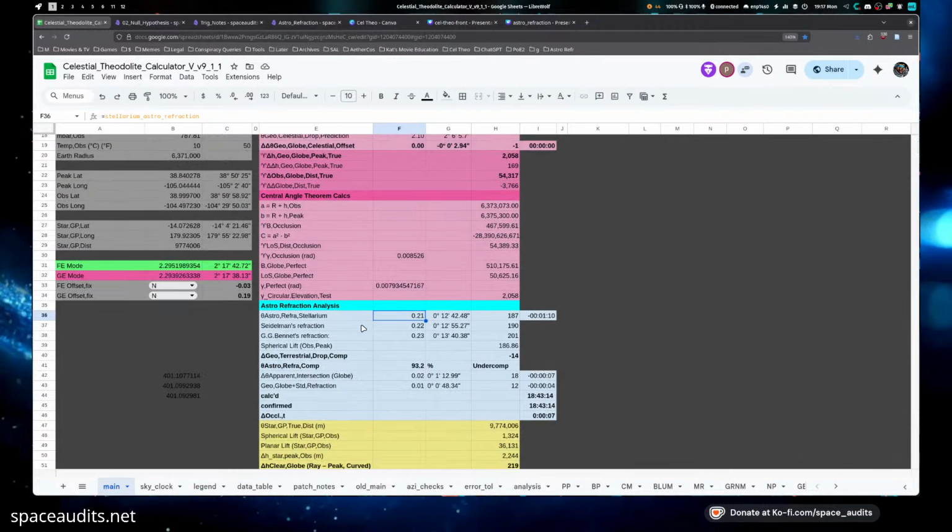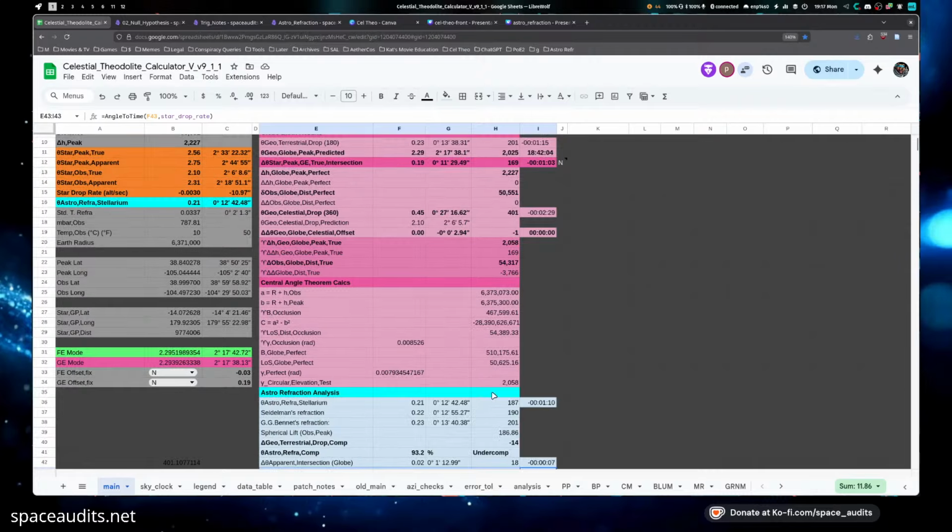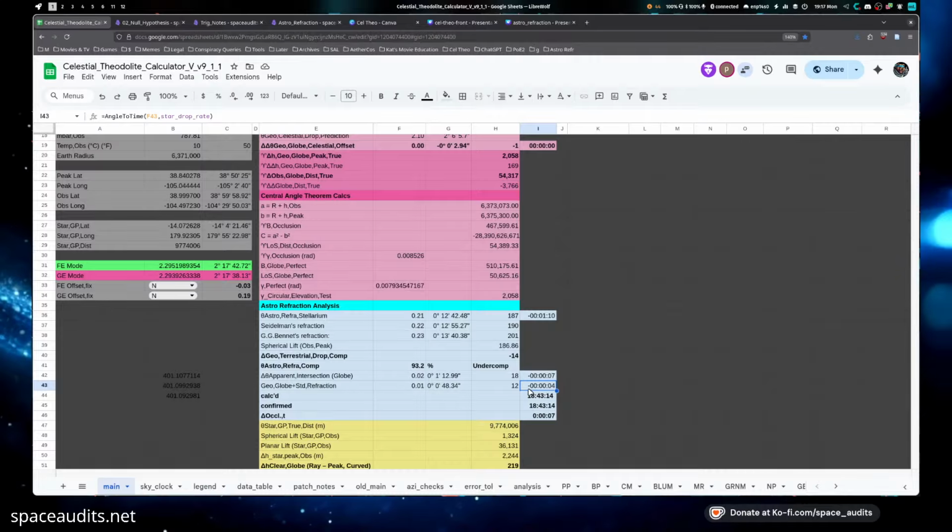Sure does. We have a special terrestrial refraction down here too, although we don't consider it, because, like I said earlier, there's no actual intersection because the light rays don't converge at the refracted image, but they are here for funsies if you want to look at them. And then according to this, for Pike's Peak, there would still be an additional 4 seconds where the star is going to be above the peak.